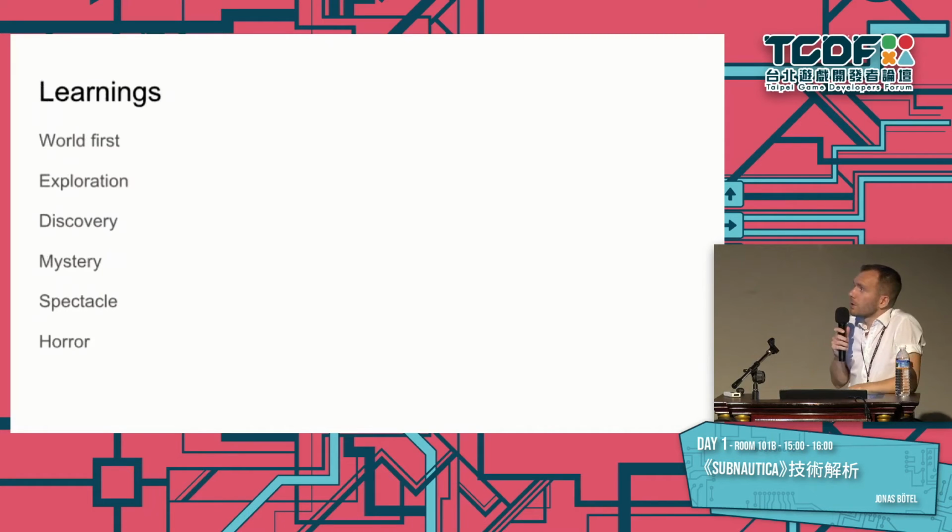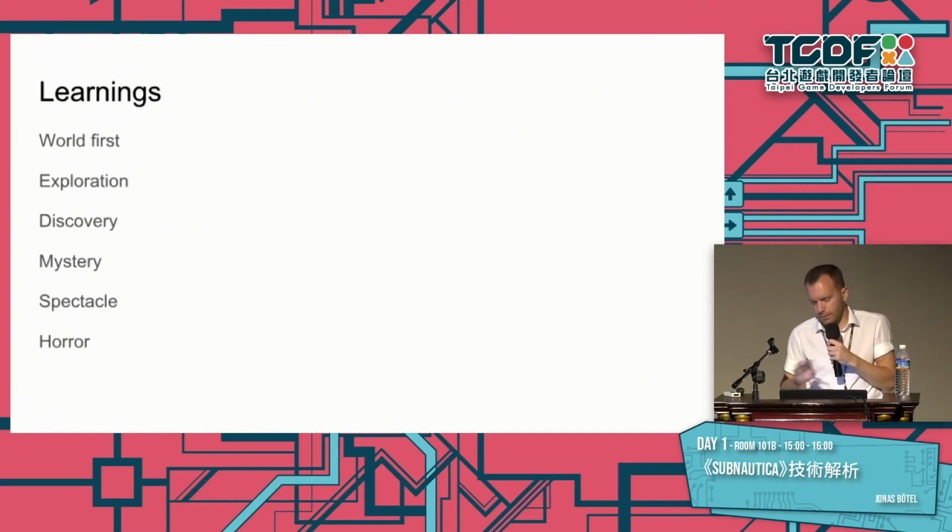And we also learned that when you make a crafting game, the question is, where do you put the loot? Which recipes come first? Do you design all your recipes first and then you put the loot in the game where it makes sense, or do you build the world first and then there's loot in there and then you build the crafting around that? Or do you go in cycles, or what is it, right? And we were going in cycles so much,